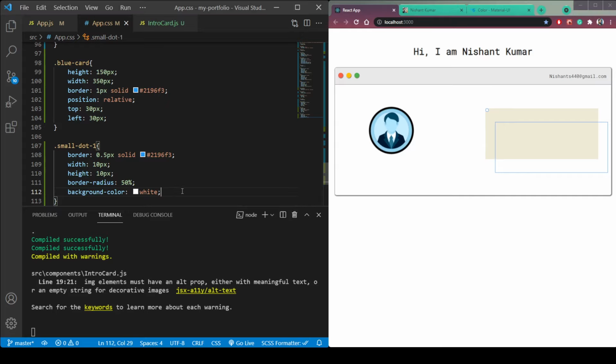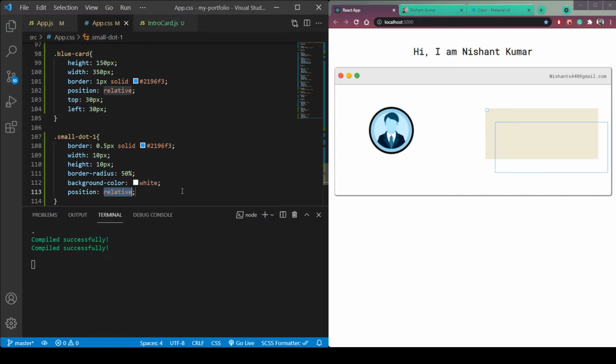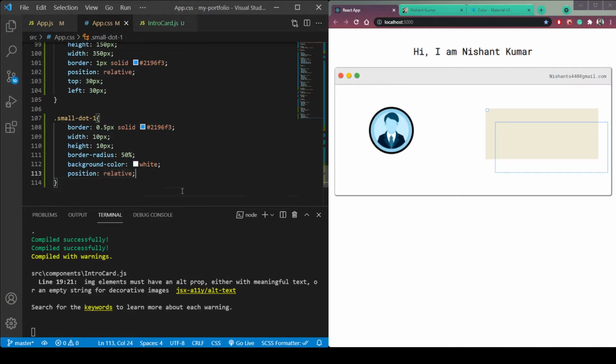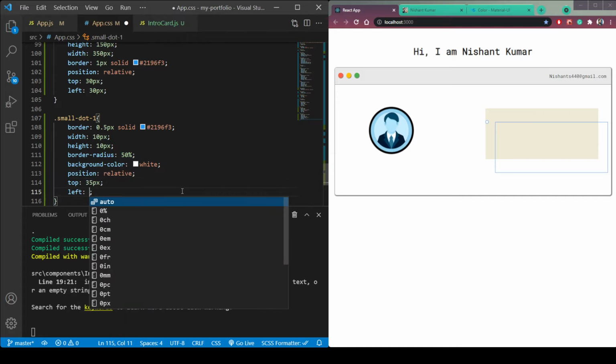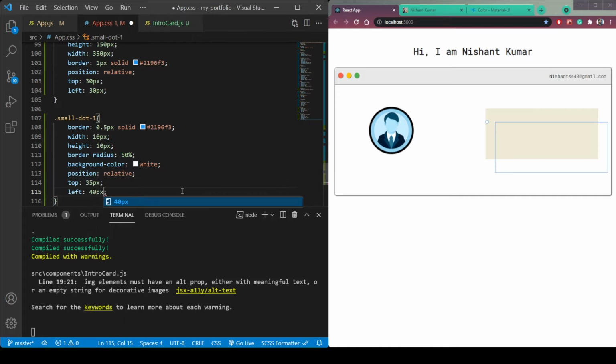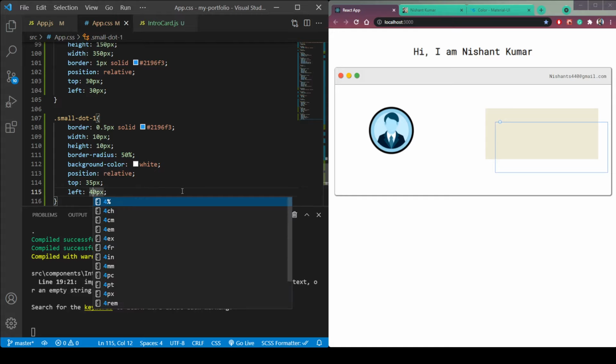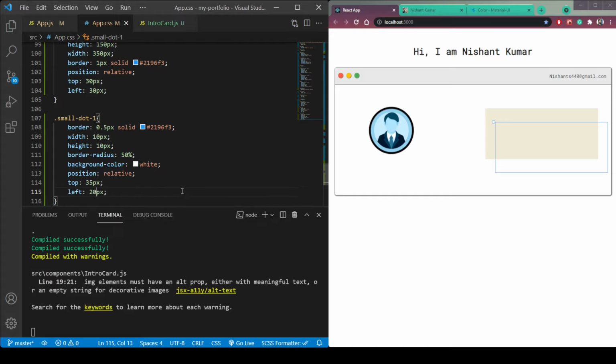So let's say position relative, top 30 px. Let's try 30 or 35. Then left 40 px, or let's say 20, 25 or 24.